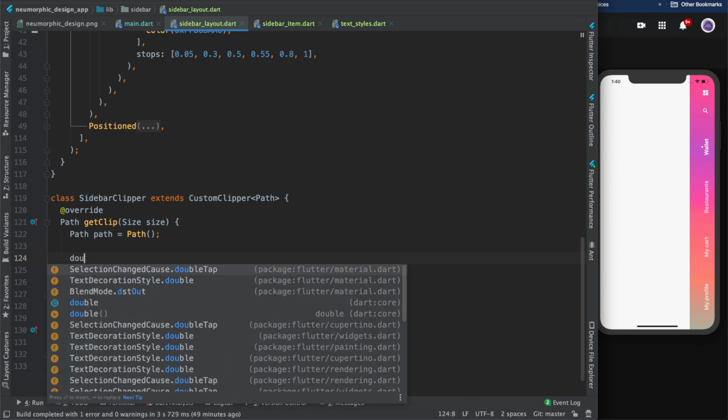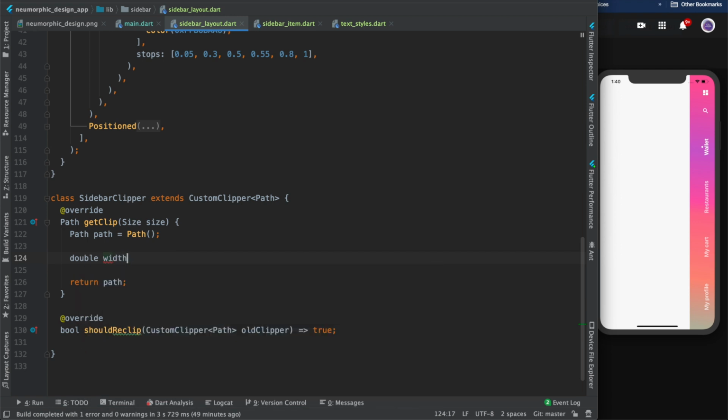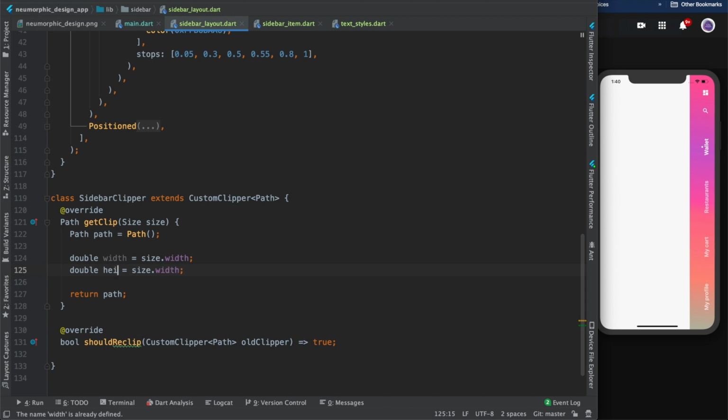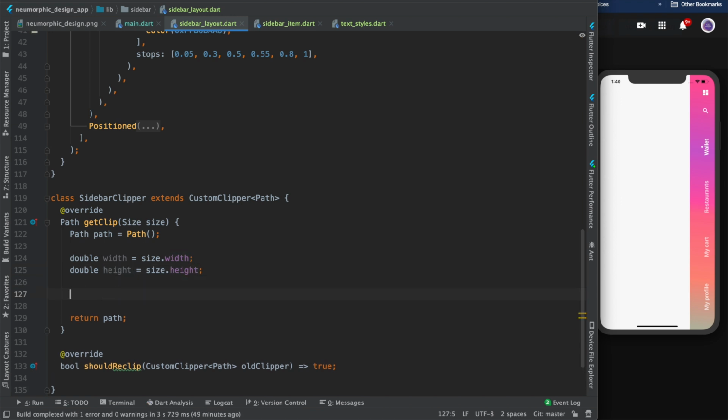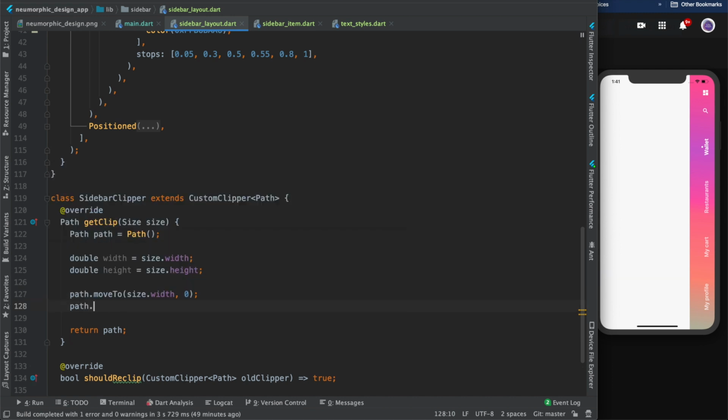Before that, let's take width as size.width and height as size.height, just so that we don't have to write size.width and size.height again and again. Okay, now we will start from here. So path.moveTo size.width and 0. So we have started from here. Now we need to come till here. So I will take path dot